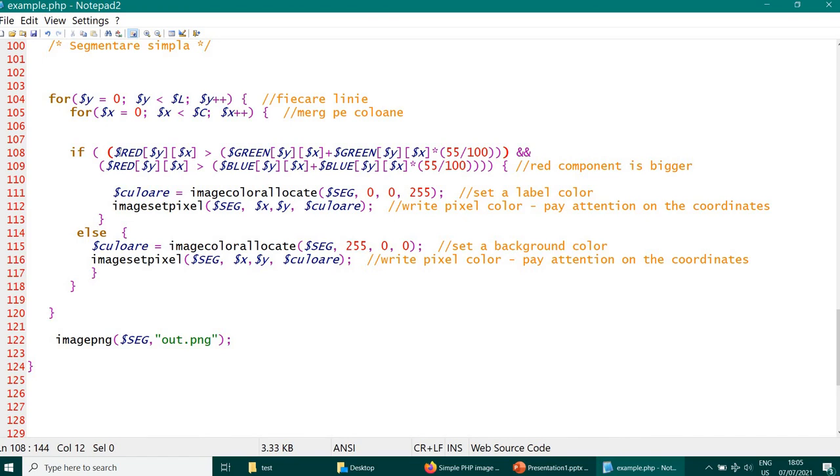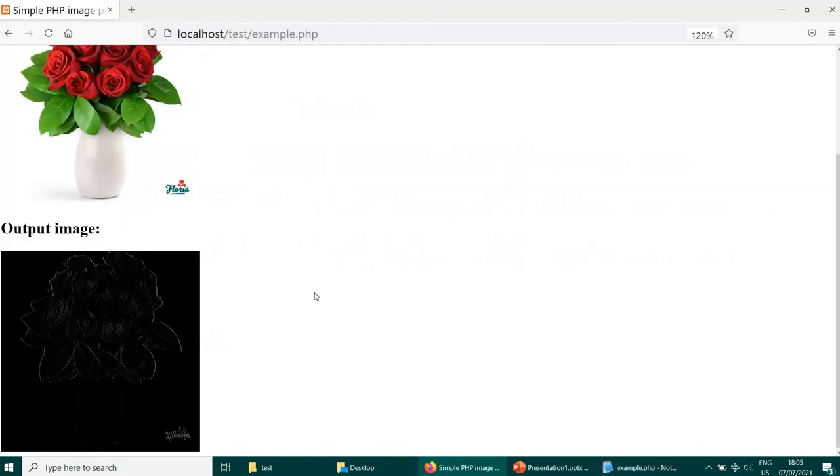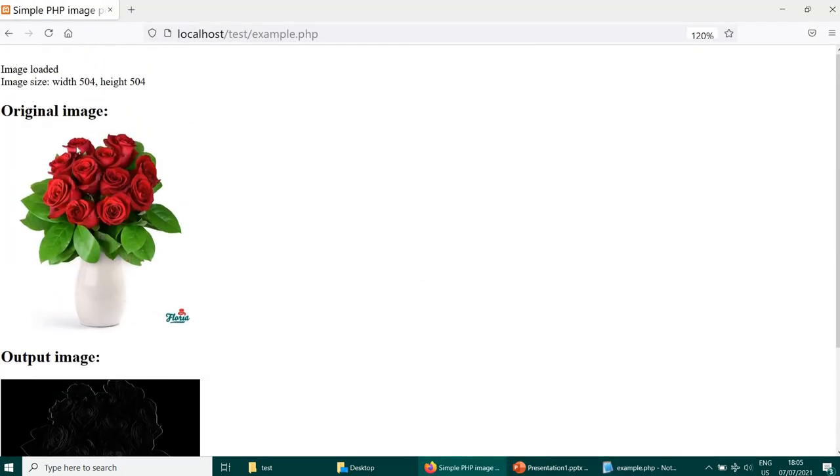This segmentation takes the red component from the image. I would like to emphasize, let's say, the red roses here, the components that are red in the image.